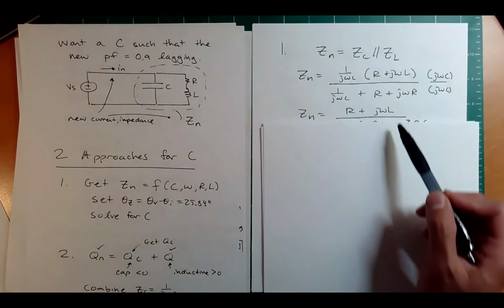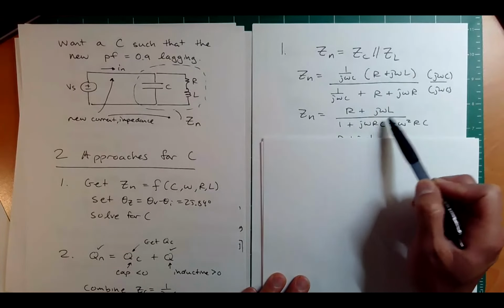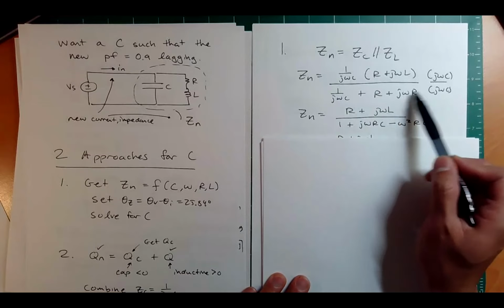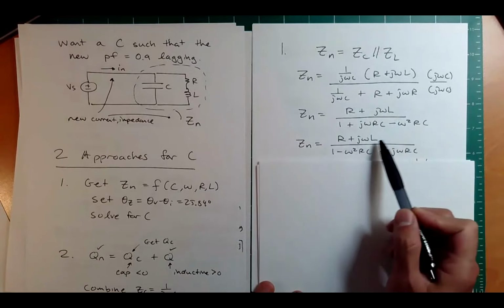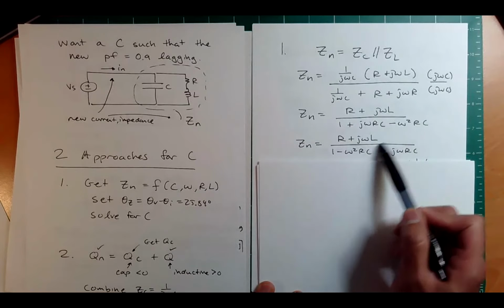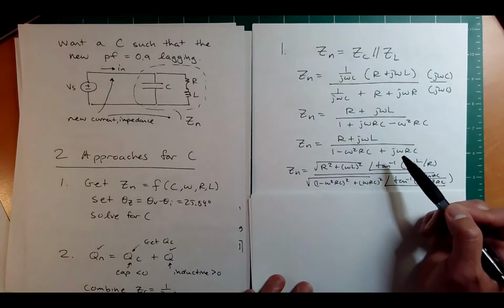So what do I get? R plus j omega L on the top and 1 plus, and then I have to be careful, j omega RC minus j squared omega squared LC, where j squared is negative, no problem. Then I can clean this up, bring the real parts together, good. And then I have the magnitude, which is